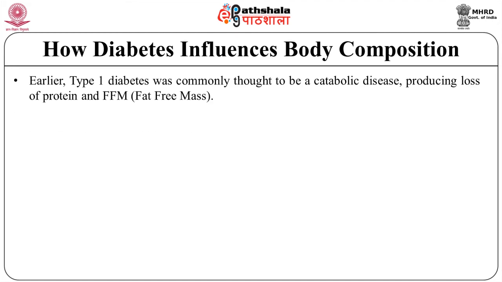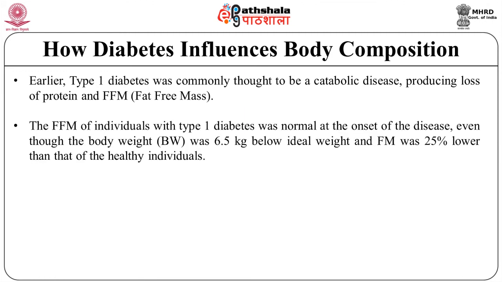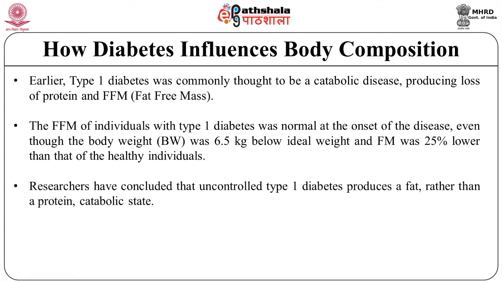Now let us know how diabetes influences body composition. Earlier, type 1 diabetes was commonly thought to be a catabolic disease, producing loss of protein and fat-free mass. The fat-free mass of individuals with type 1 diabetes was normal at the onset of the disease, even though the body weight was 6.5 kg below ideal weight and fat mass was 25% lower than that of the healthy individuals, Rosen-Falach et al. 2002. Researchers have concluded that uncontrolled type 1 diabetes produces a fat rather than a protein catabolic